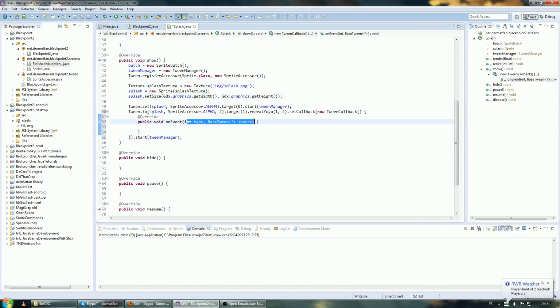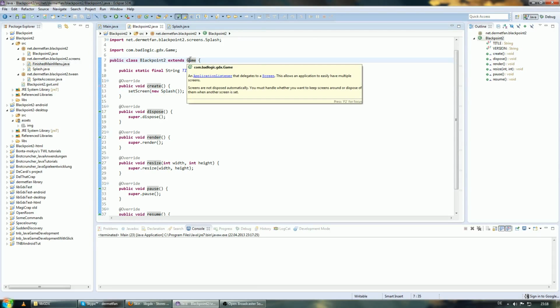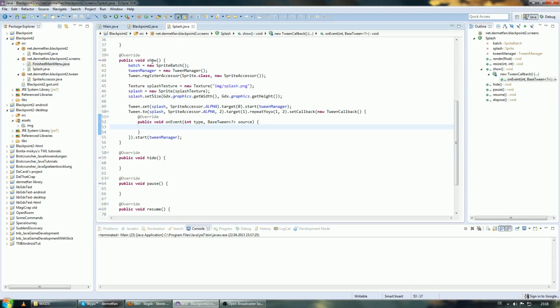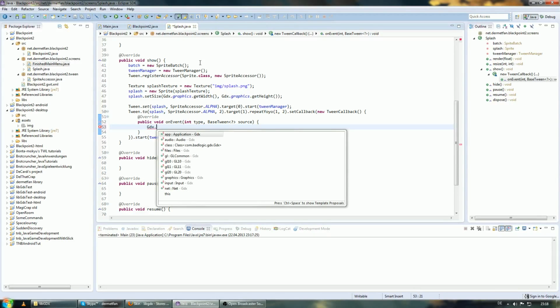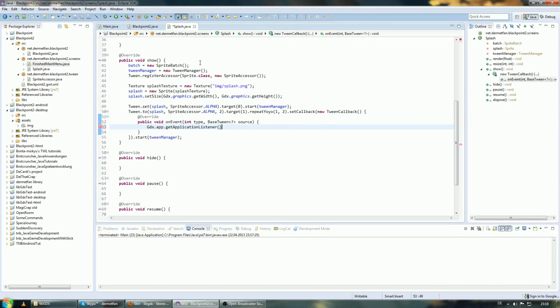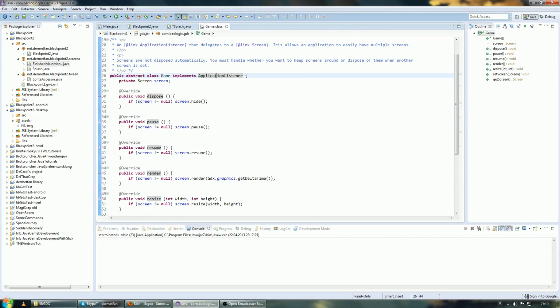It gives us some parameters, but actually we don't need them for what we're going to do. And now, how do we set the screen again? Right, we first set it in here in this black.2 method, and this extends game. We did that because only games can set the screen, so we have to get this game again. So to do that, we are going to use a static class gdx.app and then get application listener, because I hope you remember that the game class implements the application listener, and